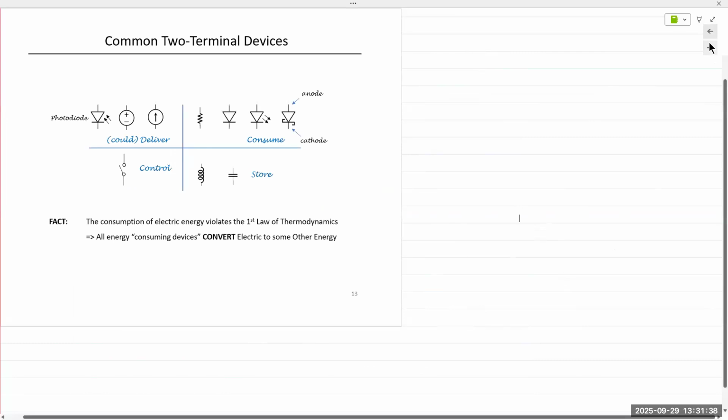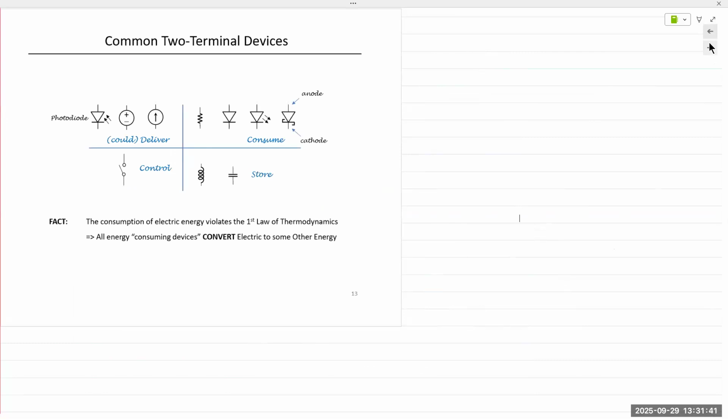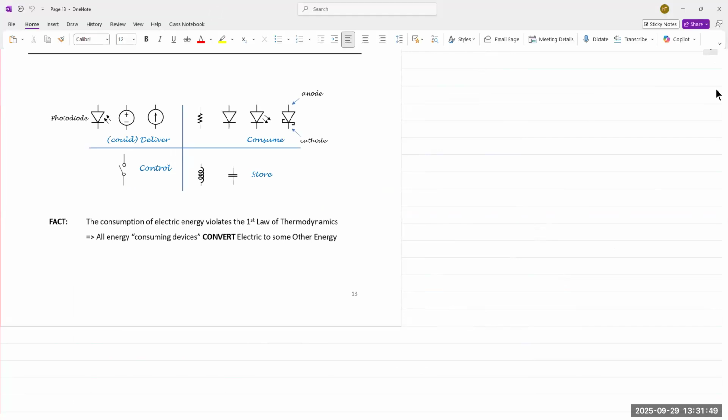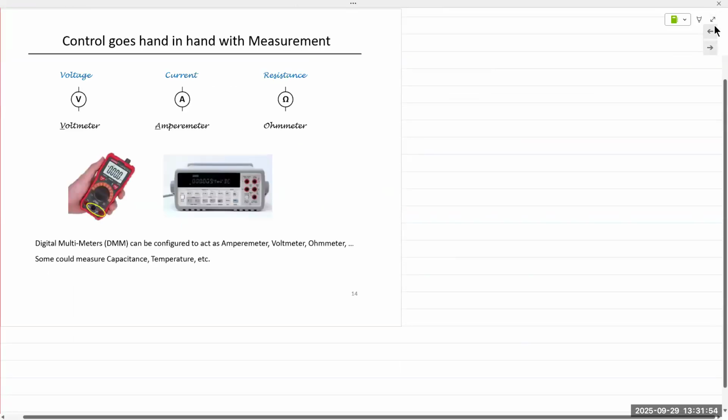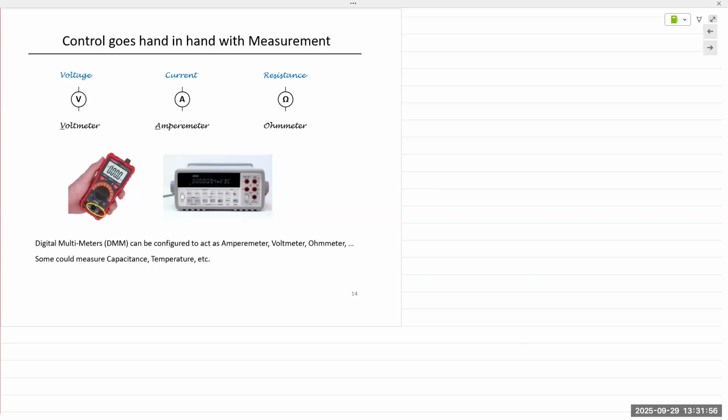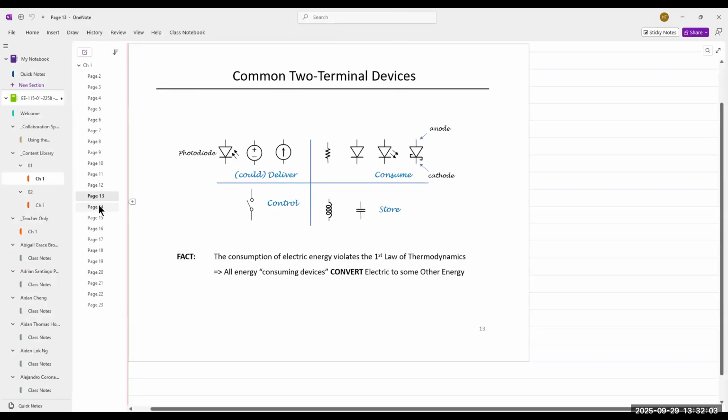So the most common two terminal devices, we divide it into sources and loads. Switches are used for control. Let's see, did we? I thought we already looked at this. Okay. All right, so we have